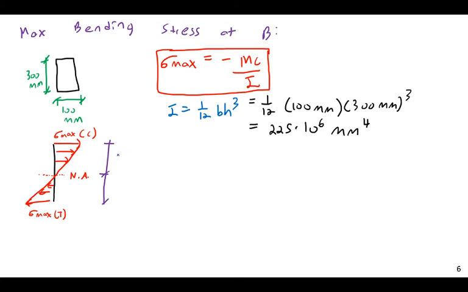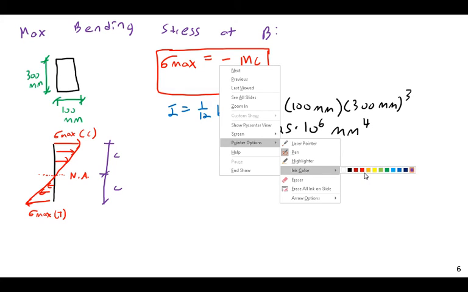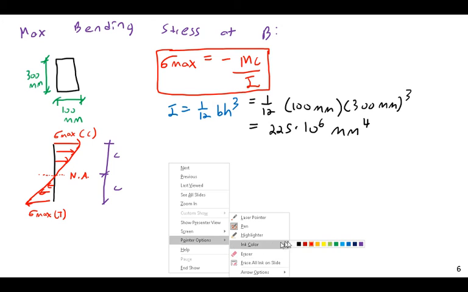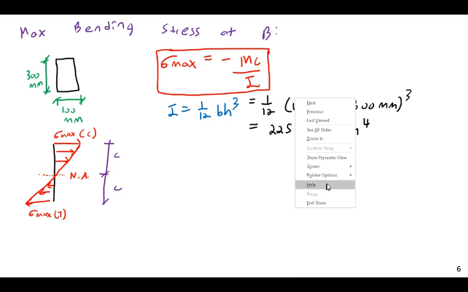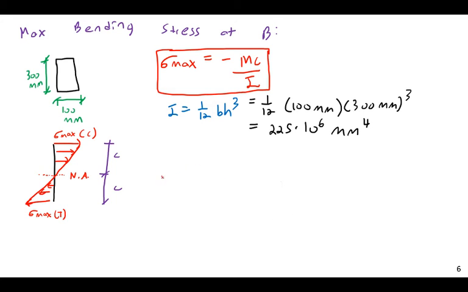This is actually a symmetric beam, so c is the same for the top and bottom. It doesn't necessarily have to be, but in this case it is. So this actually means that our max stresses are also going to be symmetric. So let me just write this out in red. Sigma max for tension is going to be equal to, and sigma max for compression is going to be equal to